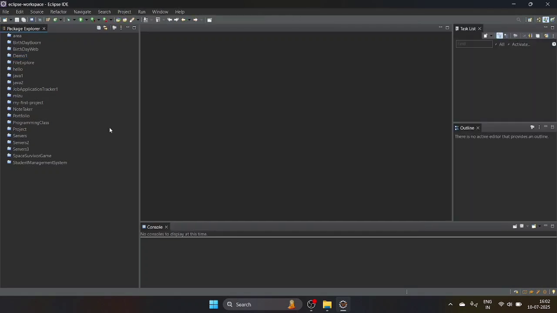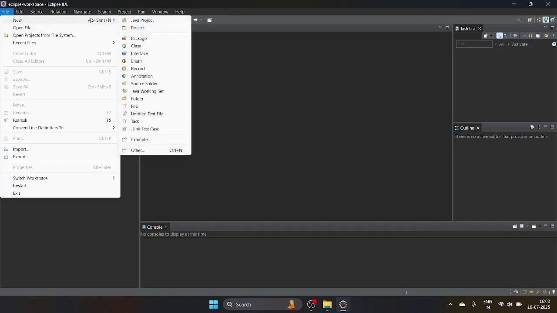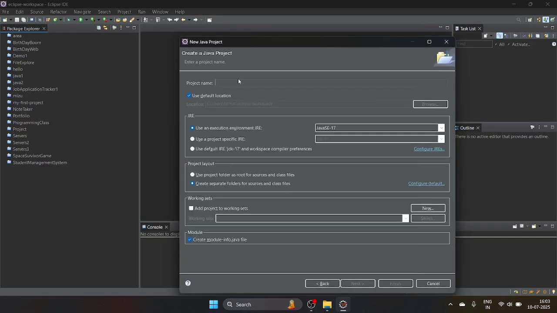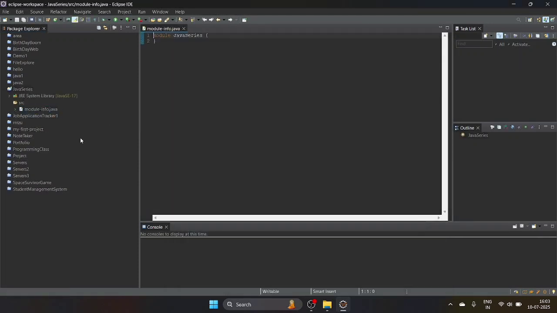Open the Eclipse. Let's go. Click on file. Then new. Then project, then here Java project, then click on next. Give the project name. I will give Java series. Then click on next, click on finish. Then here